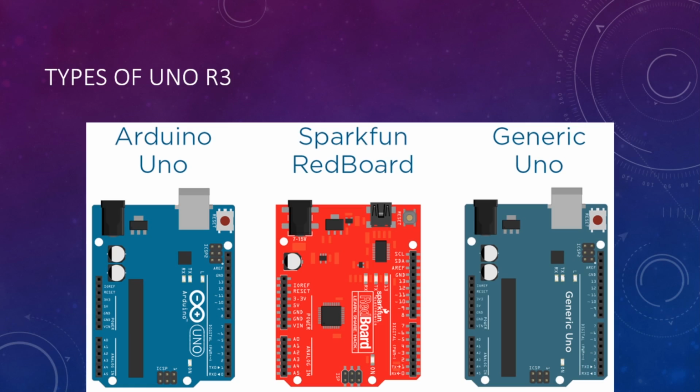There are different types of Arduino boards. Many types are considered, but the process is similar. It consists of several input pins and output pins, and a microprocessor which controls the whole unit. The SparkFun RedBoard and generic boards vary in price depending upon the components used in the microcontroller. Arduino is a cheap microcontroller available.